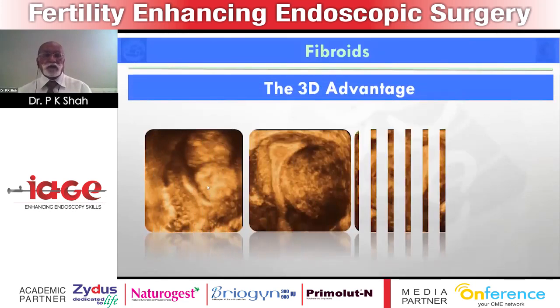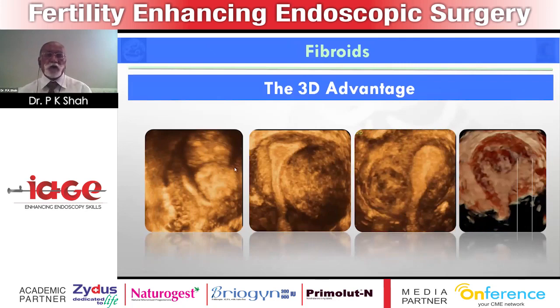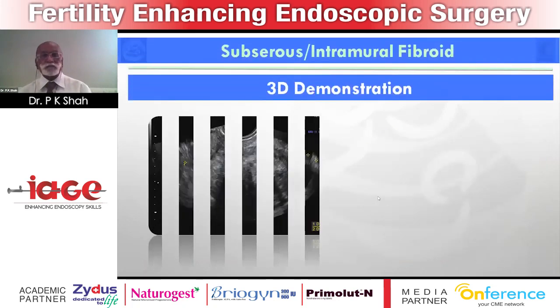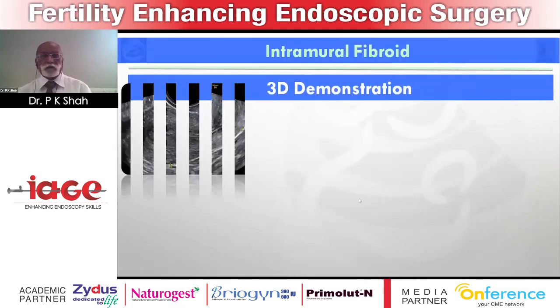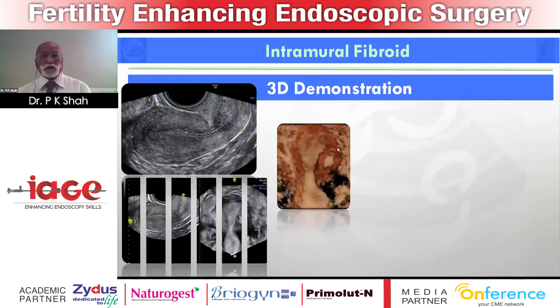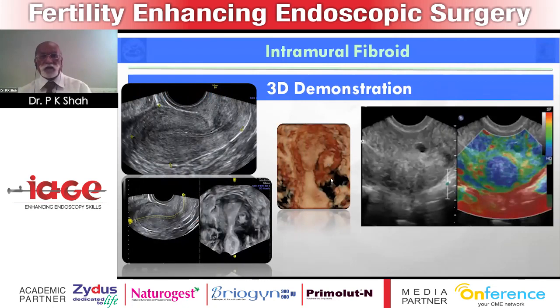And you can see it on 3D ultrasound, the intramural fibroids becoming subserous as well as submucous, more of intramyometrial fibroid. Again, a nice fibroid seen here on 3D ultrasound. You can see beautifully, not much indenting onto the uterine cavity. That's again an intramural fibroid, beautifully seen.